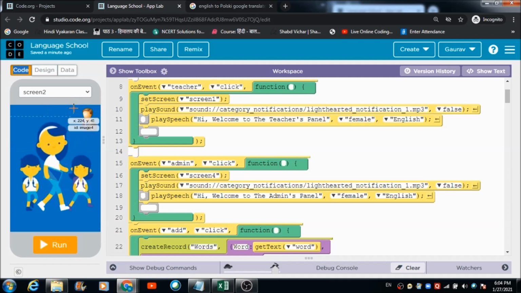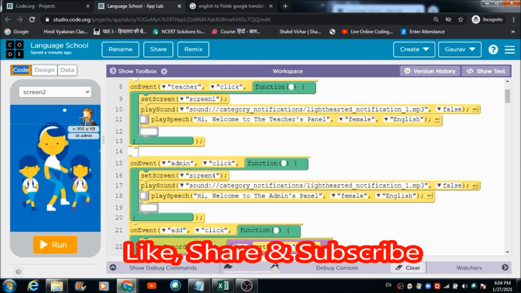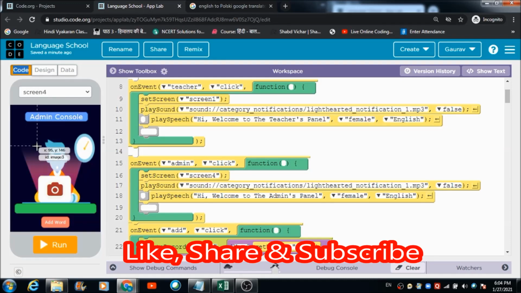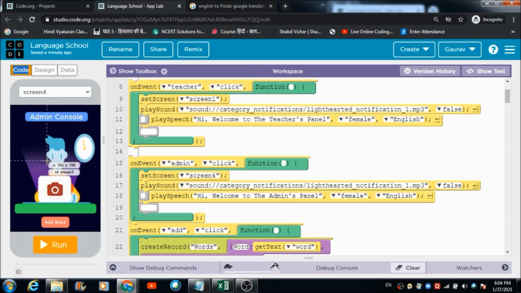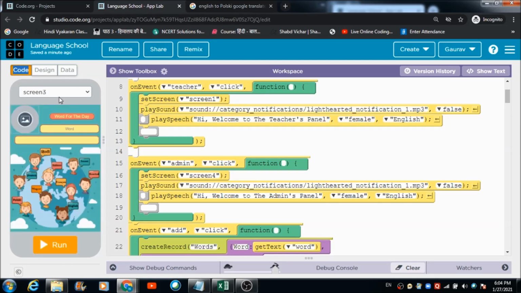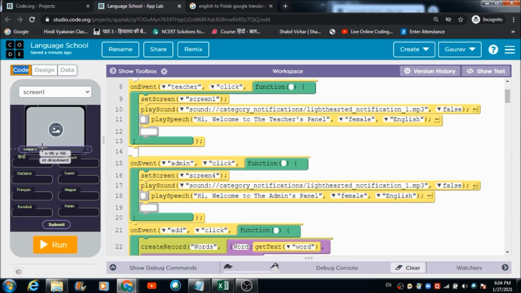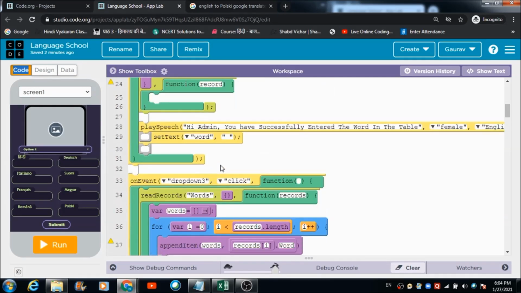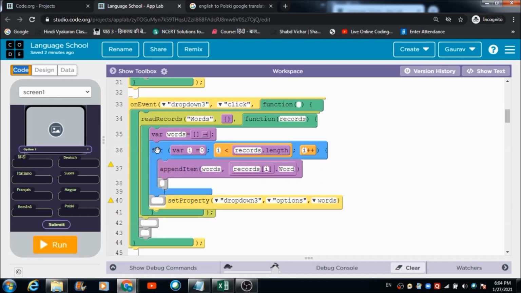How can we access the admin screen? The admin just has to hit this image button and he gets redirected to this beautiful admin screen. So whatever input the admin makes through the admin's panel, if the teacher wants to read that word or sentence, she needs to hit this drop down, and this is the code which I have defined for this drop down. This whole code is going to get executed, and the teacher will be able to see the whole sentence reflected in this drop down.